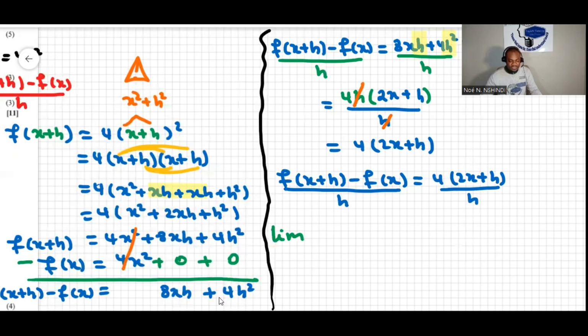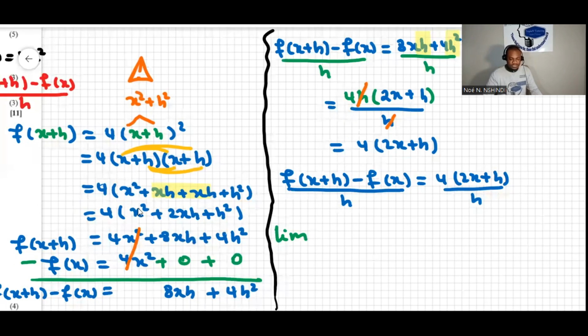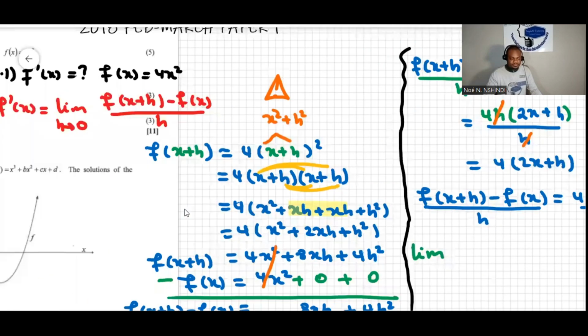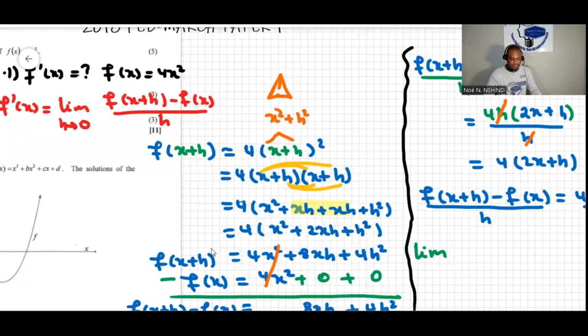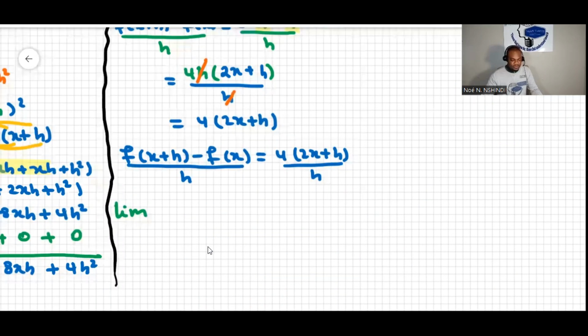So I can put limits here too, because we did work out the numerator and the whole fraction. Now we need to introduce the limits where h approaches 0. Okay, let's do that. If I put the limit as h approaches 0,